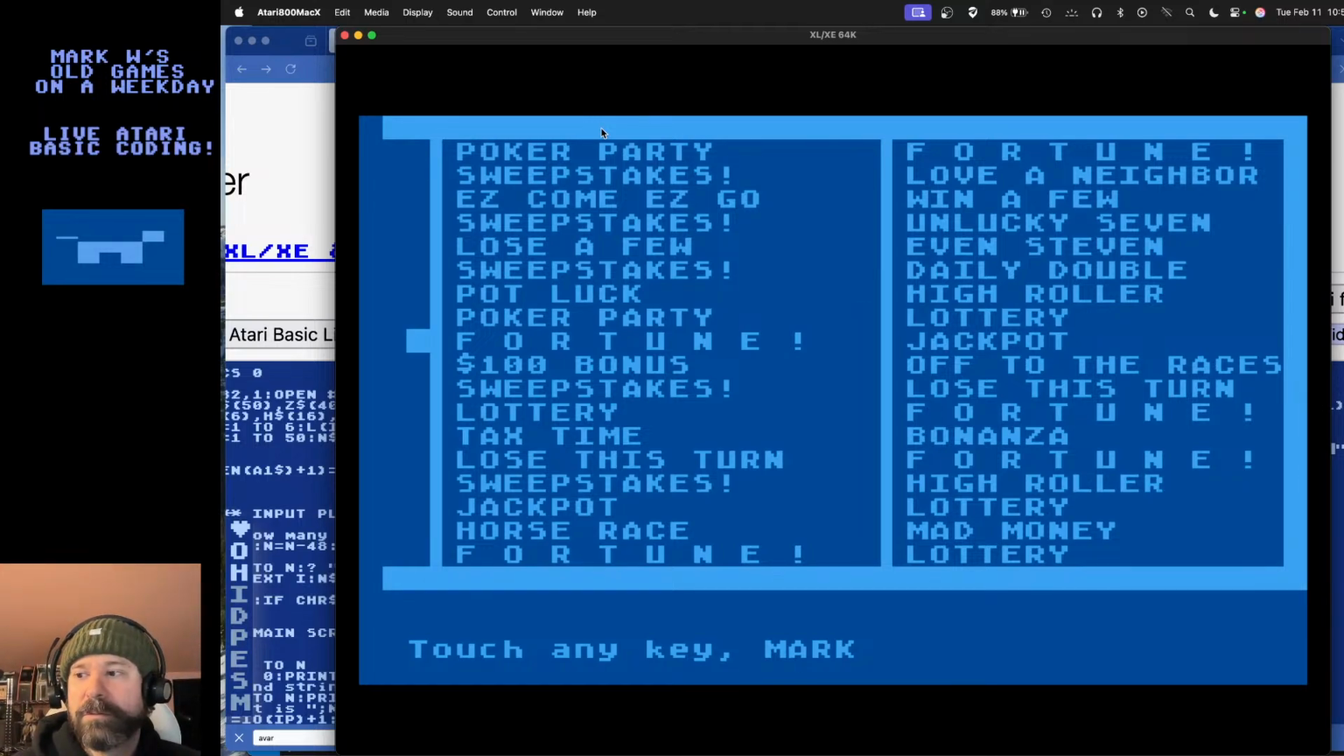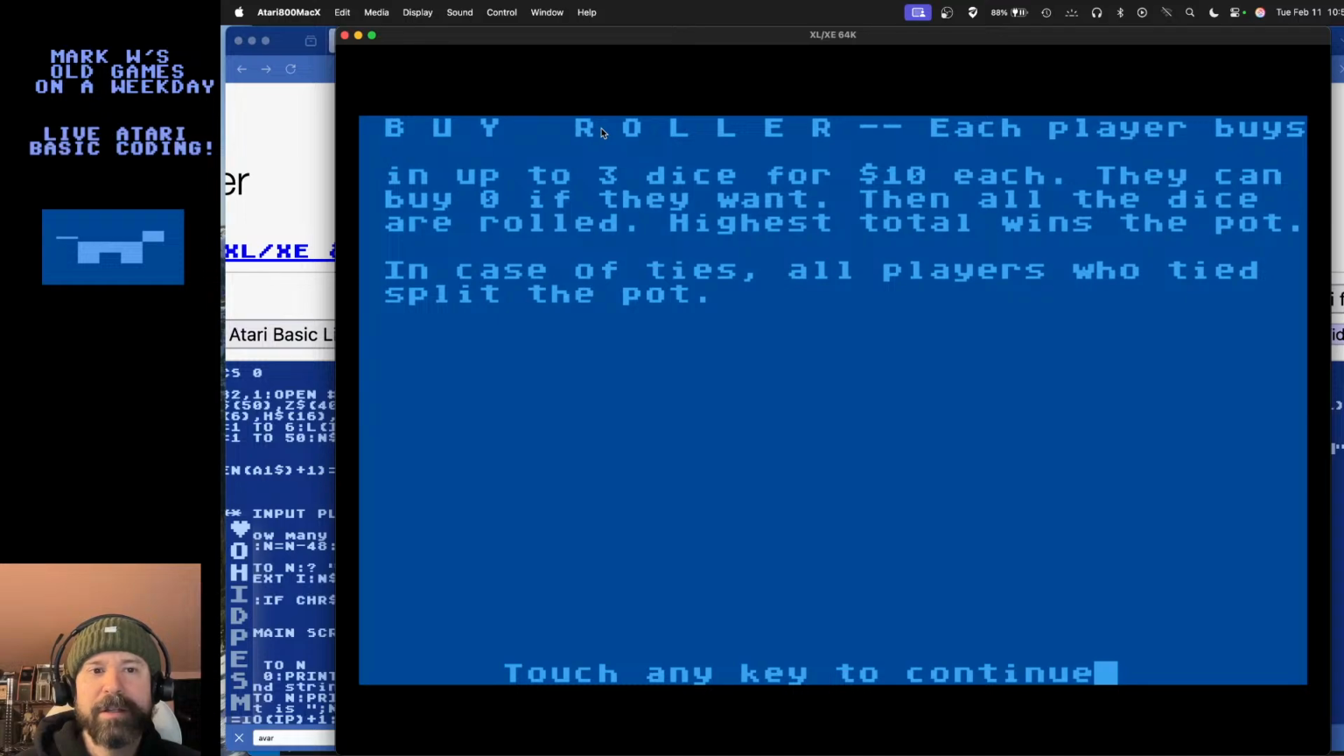Fortune. All right, this looks a lot better. I think this break here was kind of by accident, and that's because this character here was the very last character in this line. So do I want to just roll with that, or I don't know? Yeah, let's roll with that. In case of ties, all players who tied split the pot. All right, so that looks